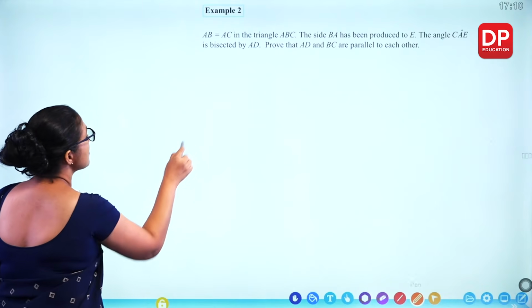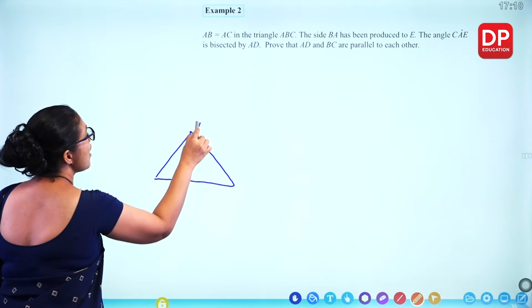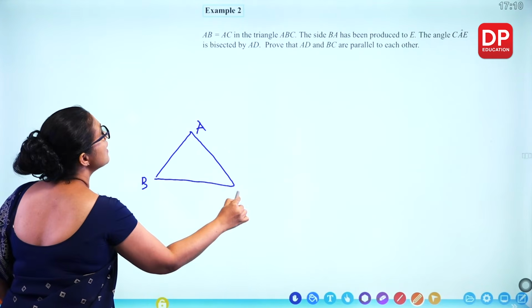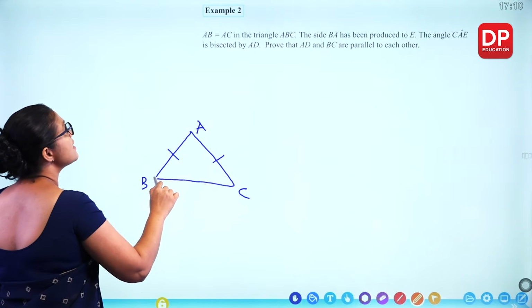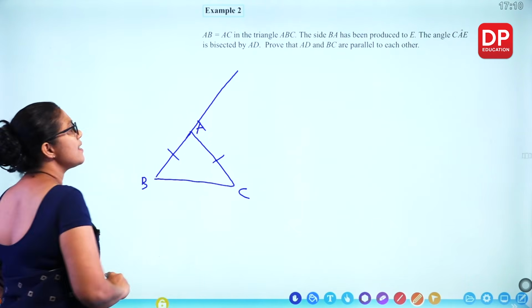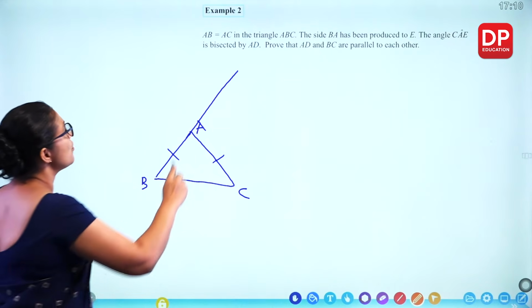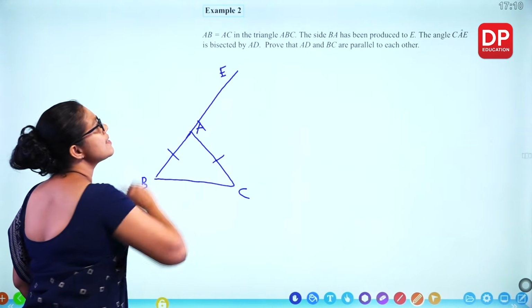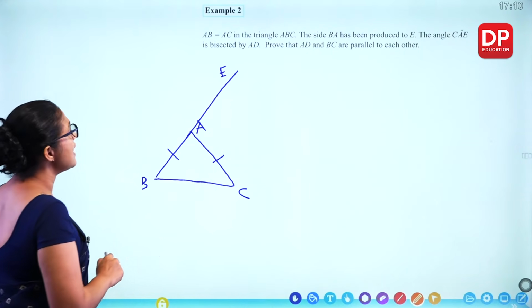So I'll draw somewhere here. There's a triangle ABC and AB is equal to AC. The produced BA means you're extending this line to E. So if we take this one as E, the angle CAE